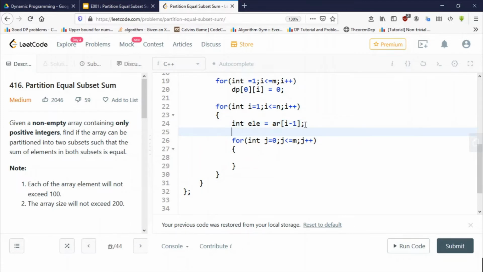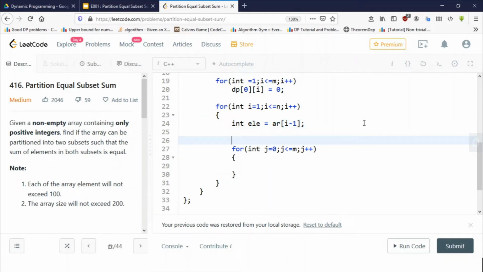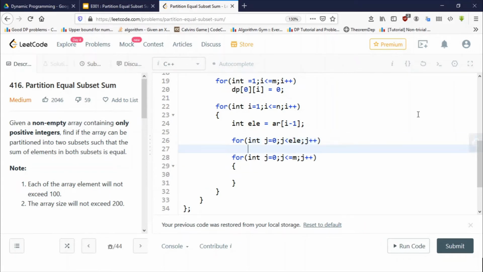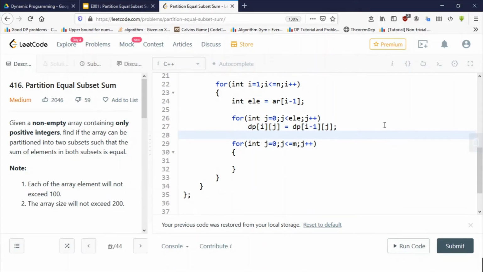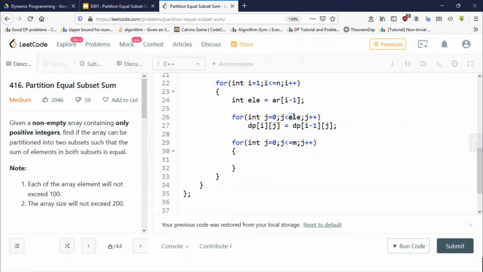So this is the element, and for each column from 0 to element minus 1, we would simply copy the value from the previous row. So for each j less than element, dp of i j is equal to dp of i minus 1 j. We are simply copying the value from the previous row till j is less than element. Otherwise we would start from j equal to the current element, up to m, j plus plus,